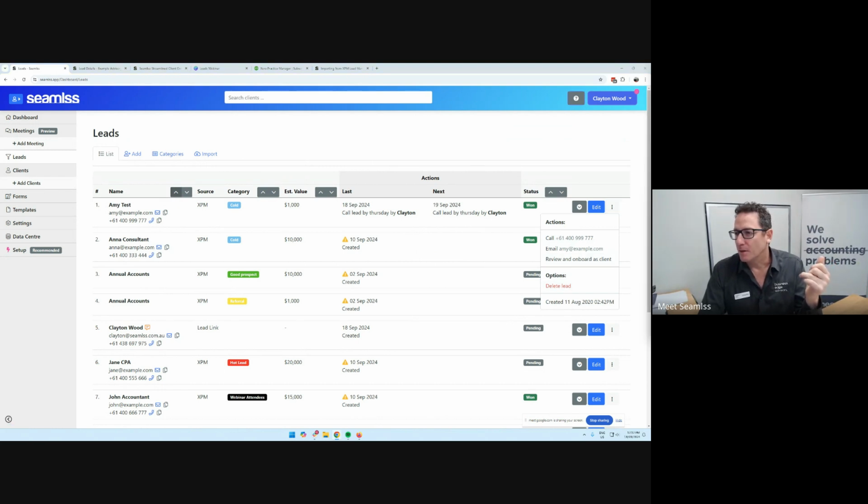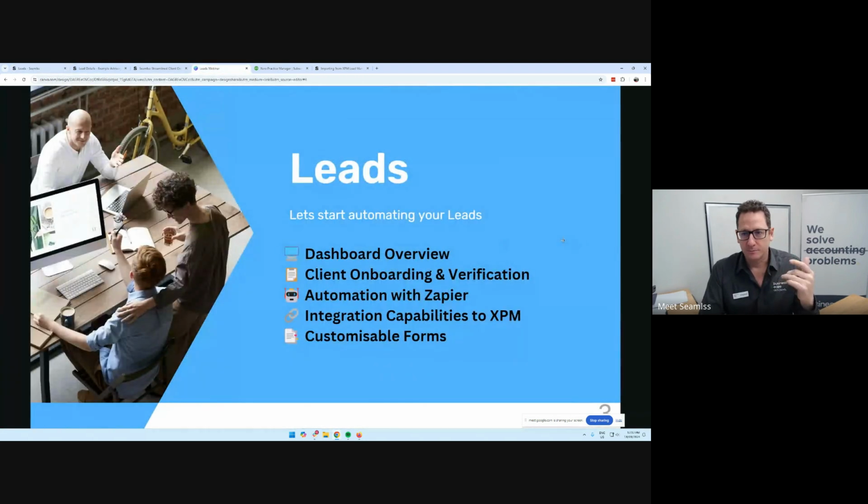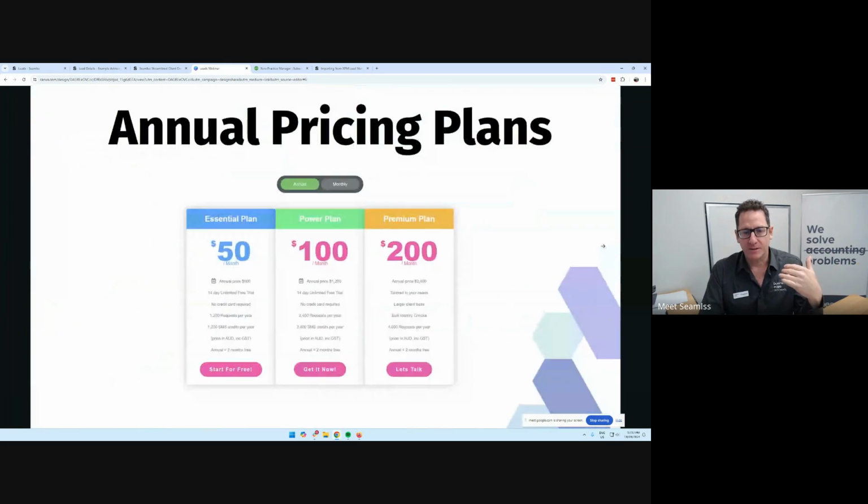I think that is about it. You can obviously see that this is just the beginning. The key points are you can import your data from XPM straight into Seamlss. The cost is